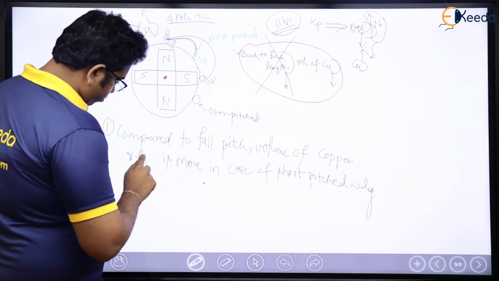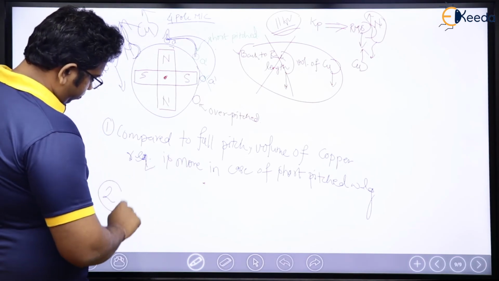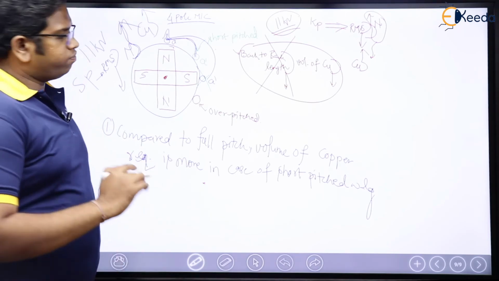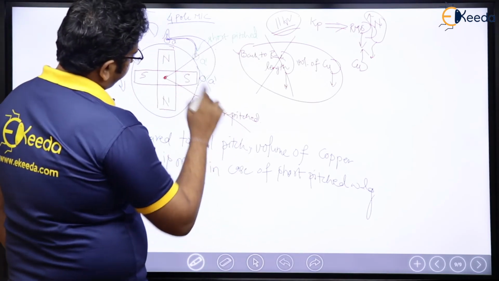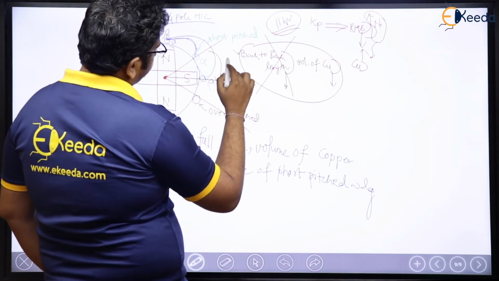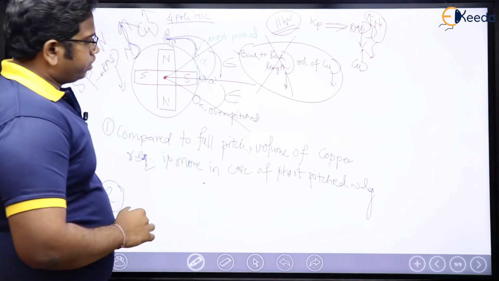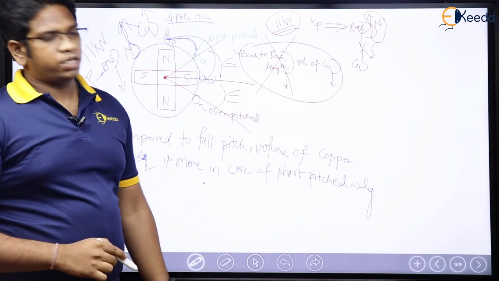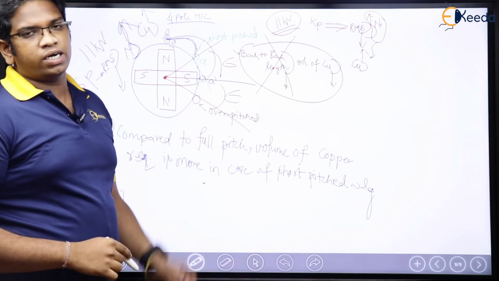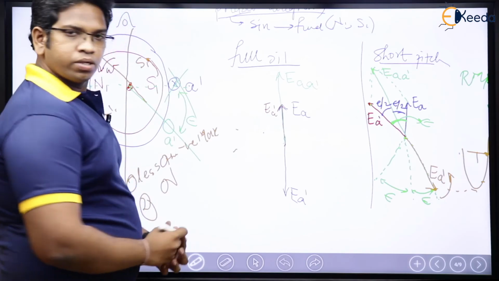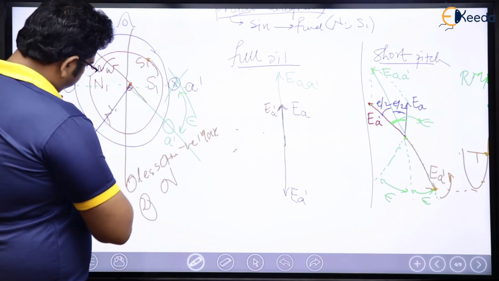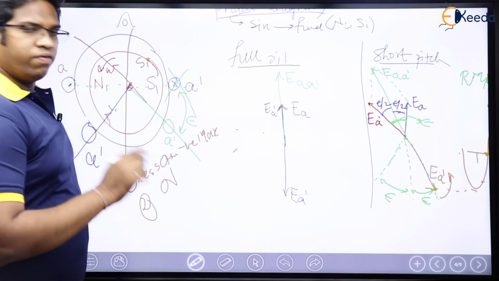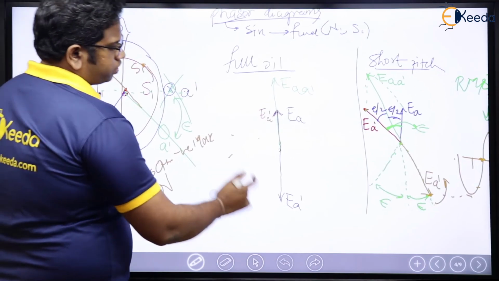Now, let us think of the second one. Just see here. Do you believe that if these angles, this angle is epsilon, this angle is also epsilon, right? So even if it is this one, you will get a stepped wave only. Even if you consider over pitch, you will get a stepped wave only. Why? See here, even if this A dash was, for example, here, then also you would have got the same step.